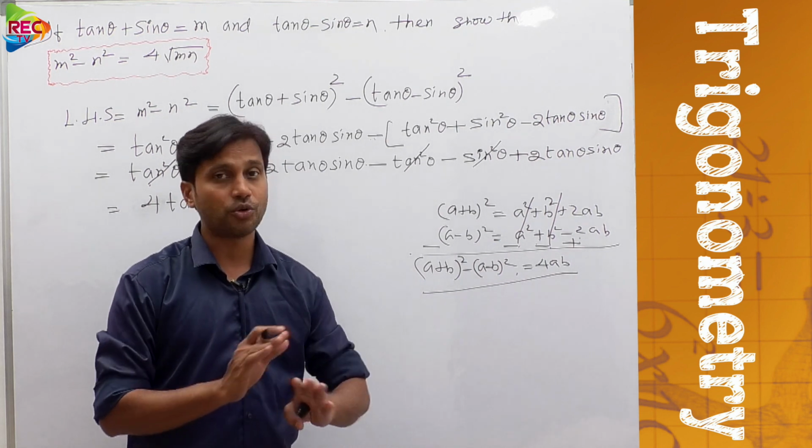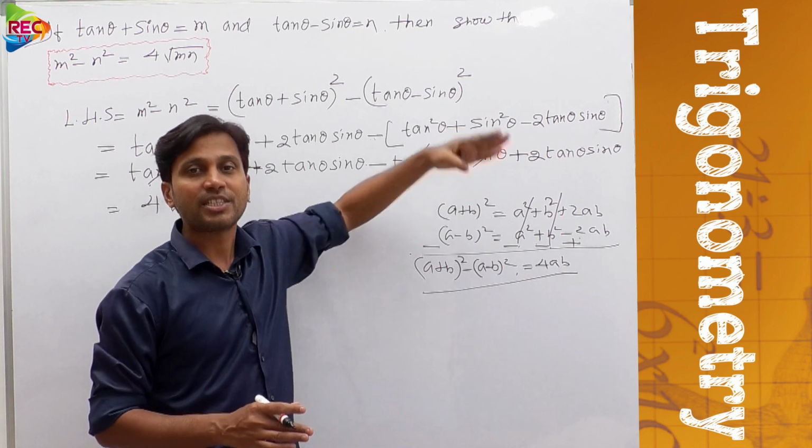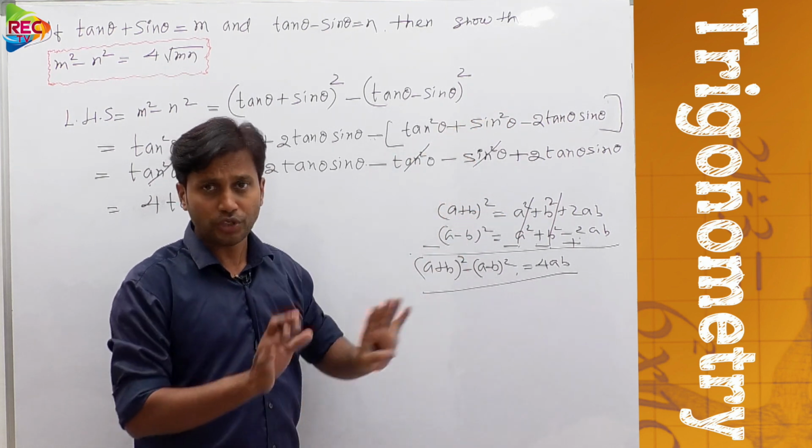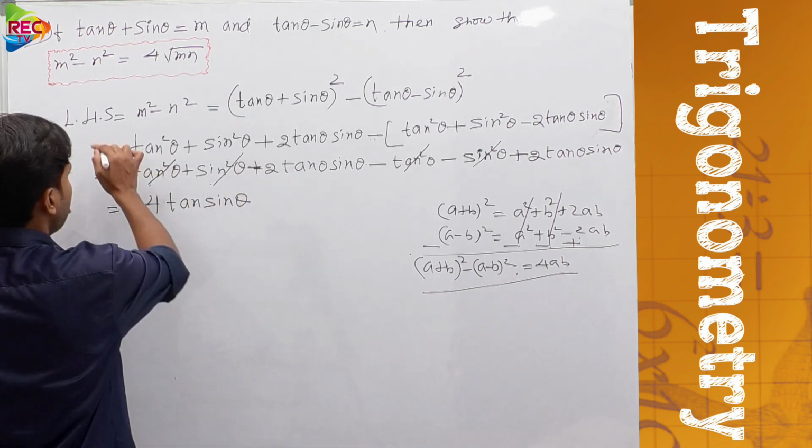In the same case, I want to tell you only one thing: if you are aware of the algebra, you don't need to do this lengthy step. But as per the step by step procedure, I wrote this. Understood? You don't need to do this actually if you have awareness on this. How can you write? Tell me. You can skip these two steps.